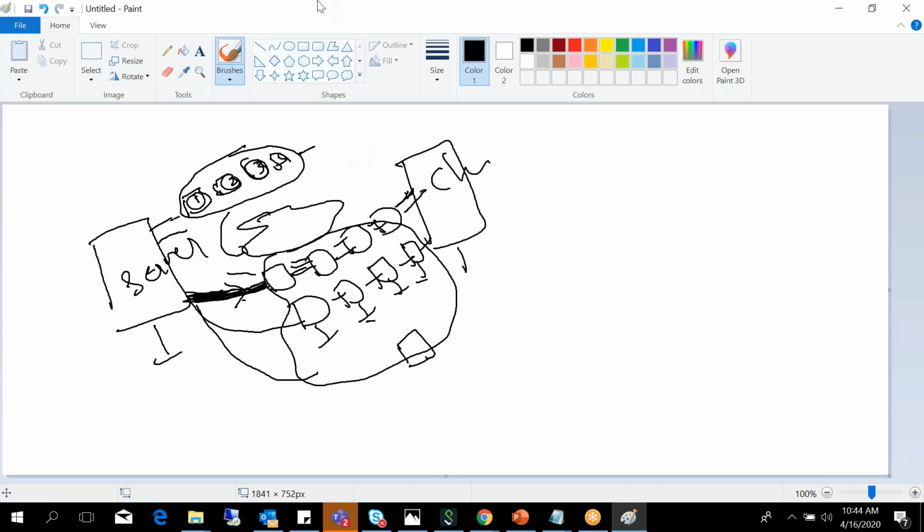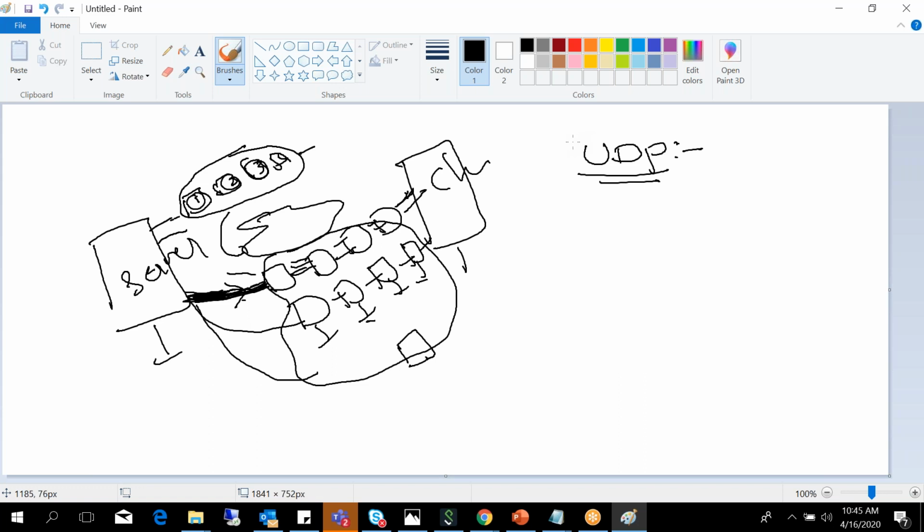Now we will go for an alternate protocol, and the alternate protocol of TCP is UDP. UDP stands for User Datagram Protocol. So it is an alternate for TCP. In the transport layer, we use either TCP or UDP.